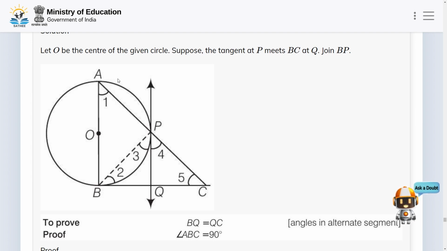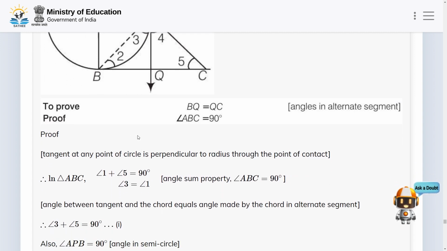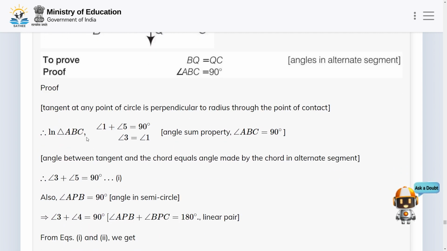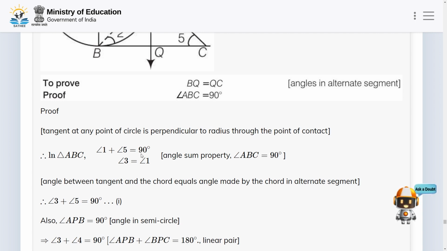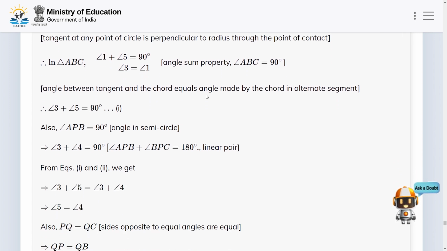So here we let O be the center of the given circle, and suppose the tangent at point P meets BC at point Q. Join BP. So we have to prove that BQ is equal to QC. Here angle ABC is equal to 90 degrees, and in triangle ABC, angle 1 plus angle 5 is equal to 90 degrees by the angle sum property. So angle 3 is equal to angle 1,